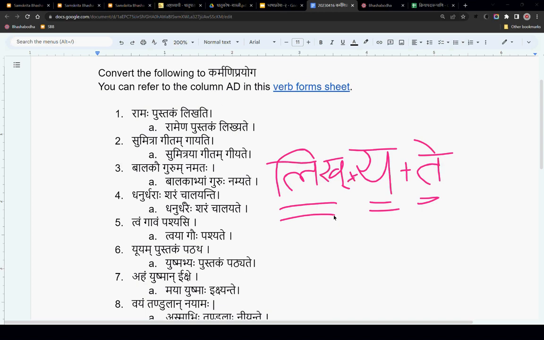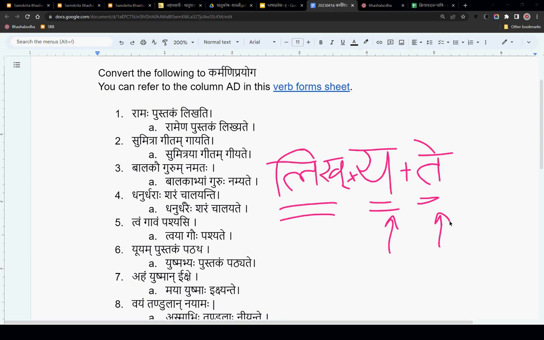But if it is changing the form in the kartari, then in the karmani or bhave it is not going to change its form. So it remains as gam or prach or ish, in case of ish, icchati. But in karmani bhave it is going to remain as ish only. Then you bring in this ya and then add the proper ting ending based on the purusha and vachana.